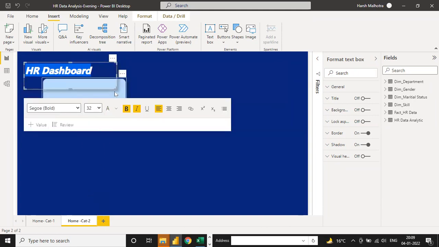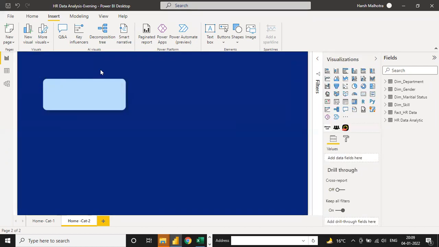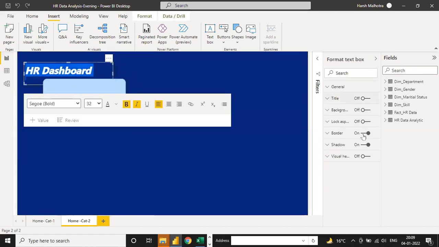So like this way, you have to just format your task. Oh, sorry, it is deleted. Color black.